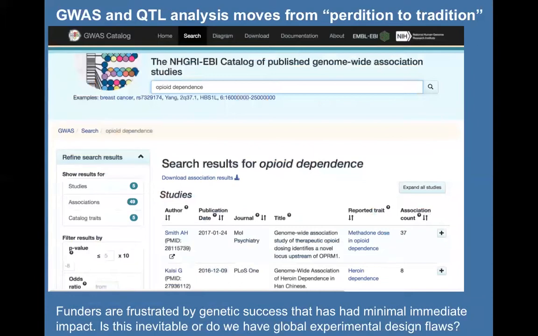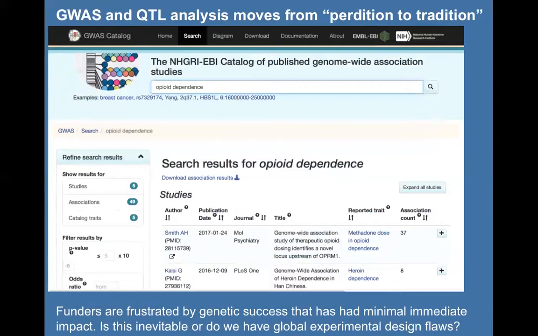So for opioid dependence now, we have the usual suspects, the OPRM, the mu-opioid receptors, the COMTs, the DRD2s, etc. But the sample sizes are getting so large now that we have, I think, about 200 hits for schizophrenia. We have more than 250 hits for smoking cessation, for ever smoked, never smoked. The GWAS hits are coming fast and furious. You won't know it if you look in the literature right now. This is all recent stuff that was presented at a NIDA symposium a couple of weeks ago in Bethesda.